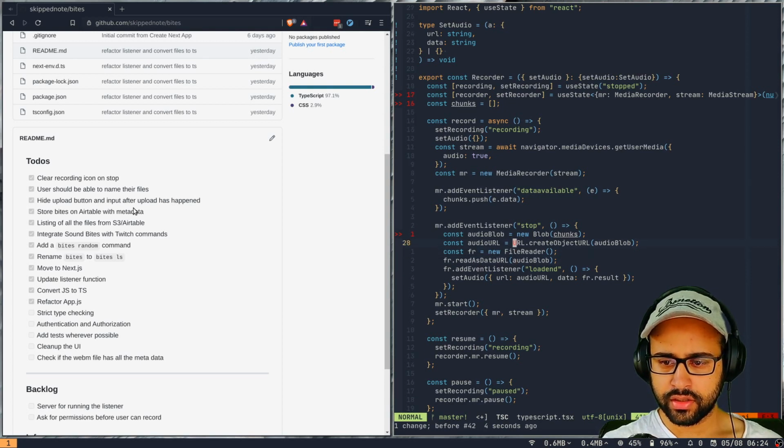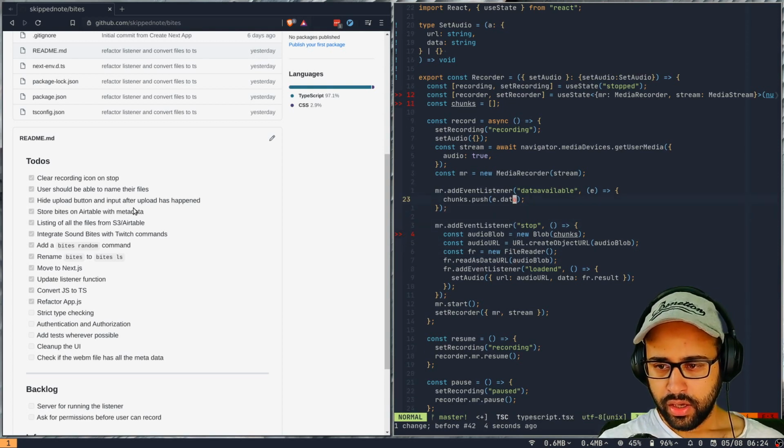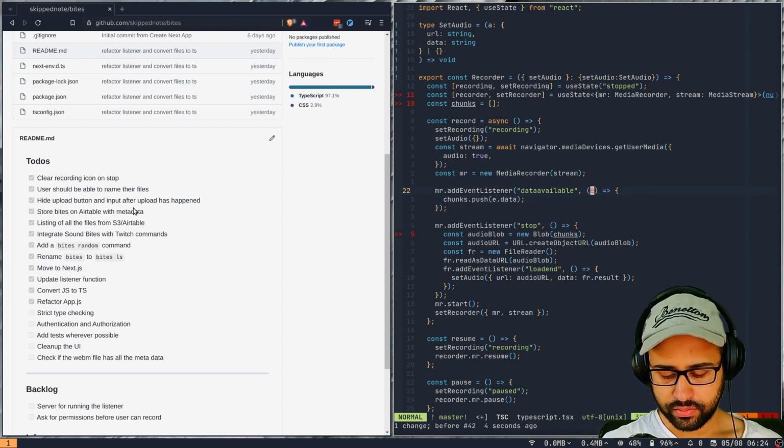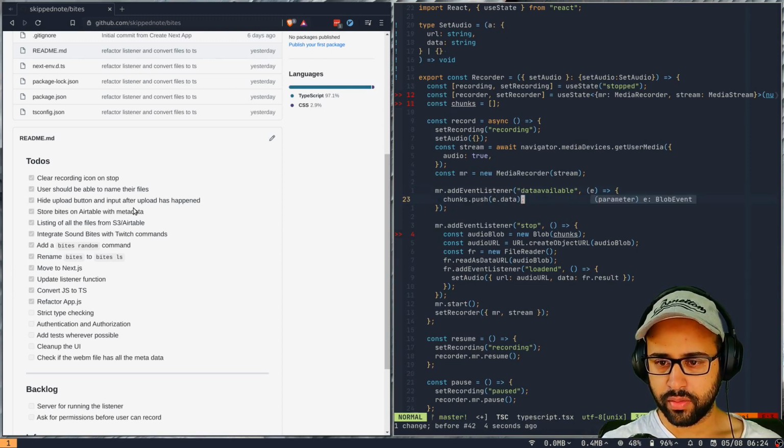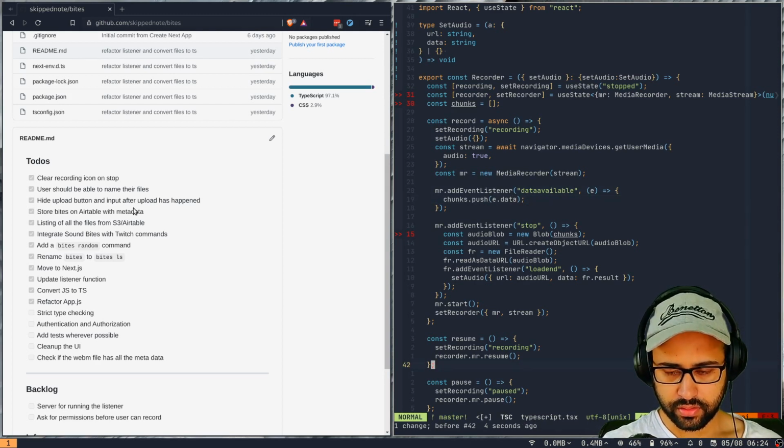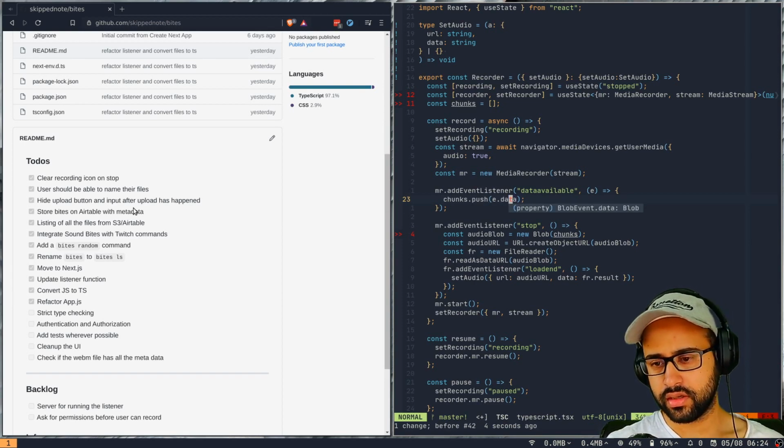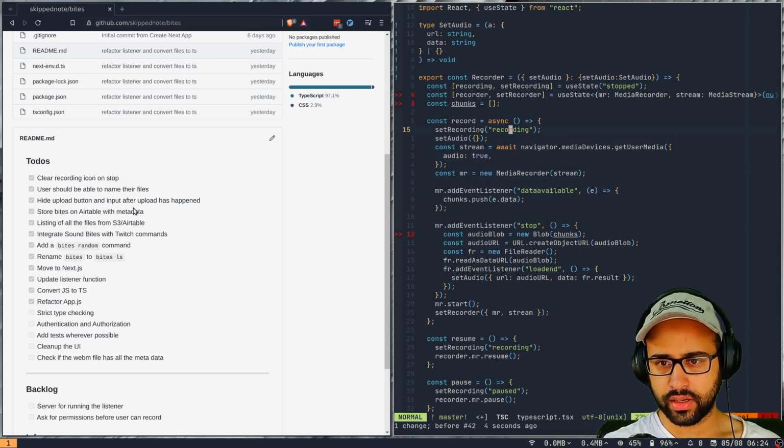So the chunks are coming from this bit, so E, right? So this is blob event, and then data is, do we know what data is? It says it's a blob, so we could say blob array.